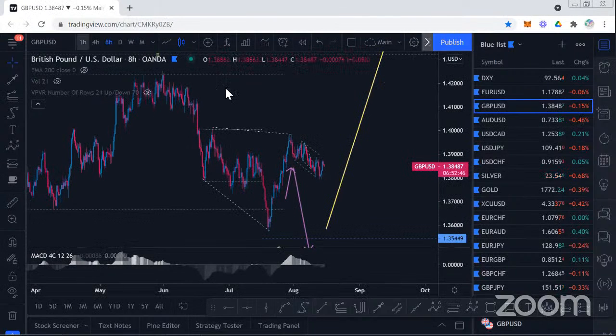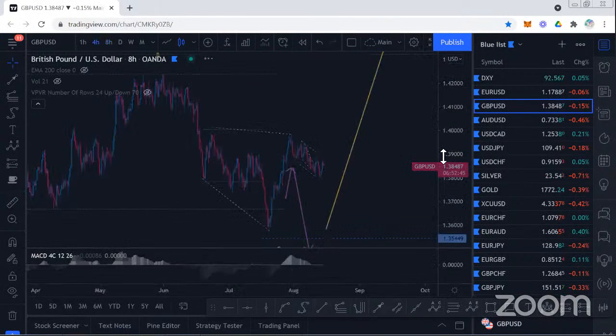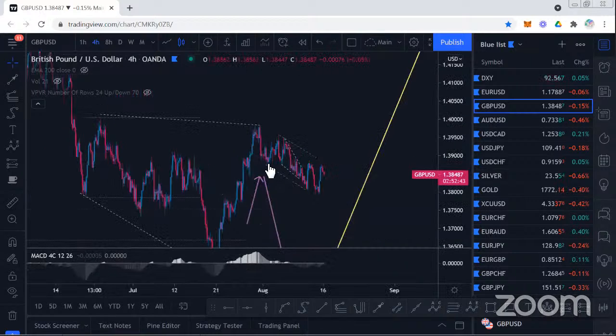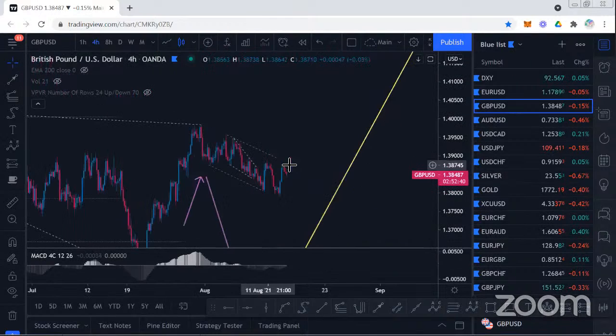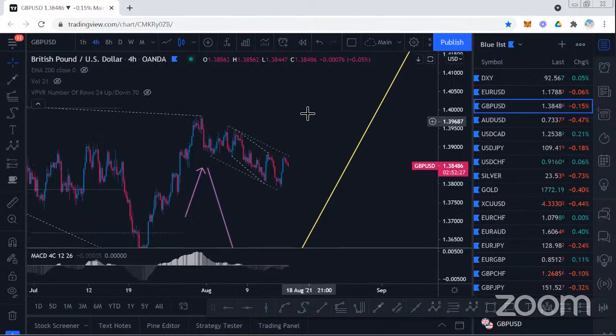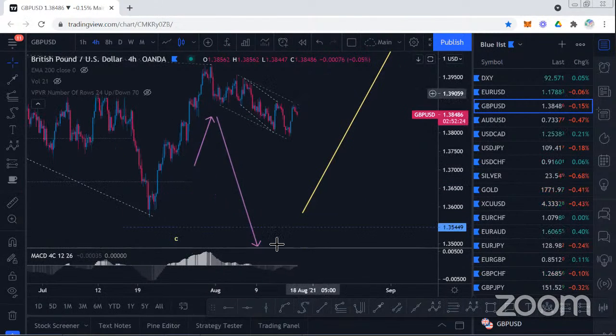Same thing with the pound. We spoke about the pound being a potential trade to the downside. It looked like this little last pop was the ABC, but then we had the second pop. And all that really means to me is the prior structure was a little bit of a running flat, and then this structure is the same thing, running flat. In terms of alternation, I'm not sure we have much alternation there. You might see a little bit of a chop here and then another pop higher before we fall.